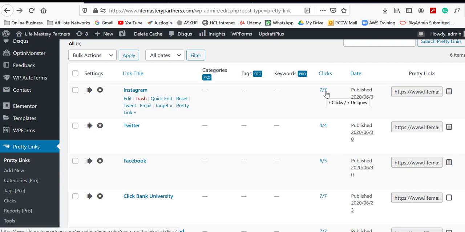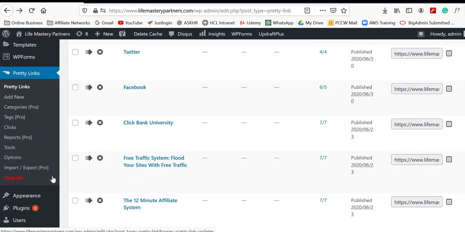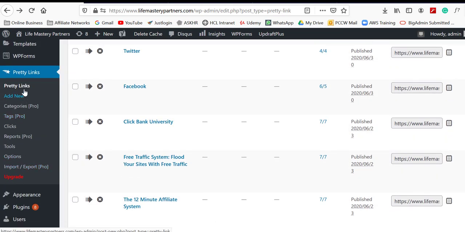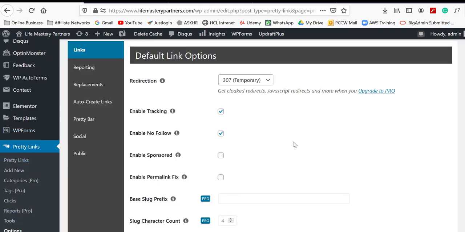You can see more options by going to Pretty Link options. Here, there are options which are available only for the Pro version. We need not bother about it. So we can see enable tracking and enable nofollow.